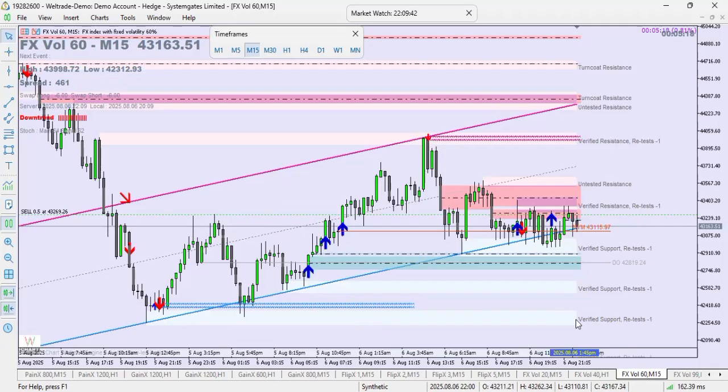If you can find the verified support area, you can just buy. You can just start scalping. But in most cases, when you find the verified support, you'll also find the trend catcher, this zigzag, sitting at this support region, which is the bottom of this channel. It's a very good buy opportunity. You're thinking of closing that trade at the opposing channel line, which is this red point, or when you see